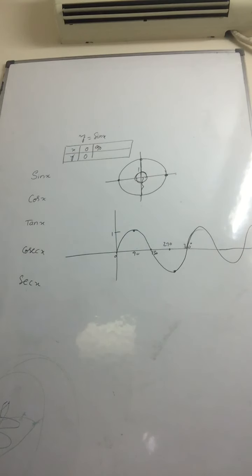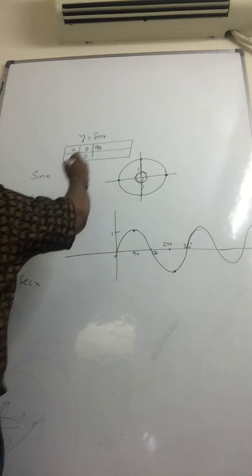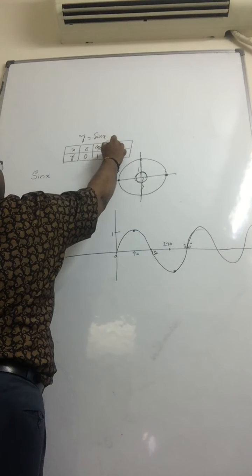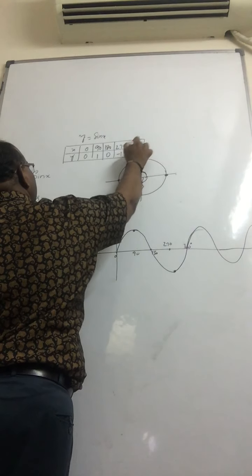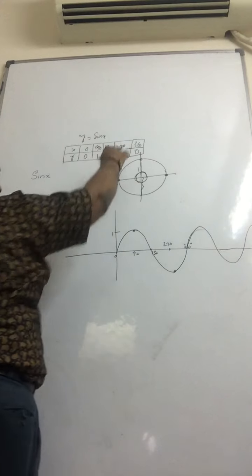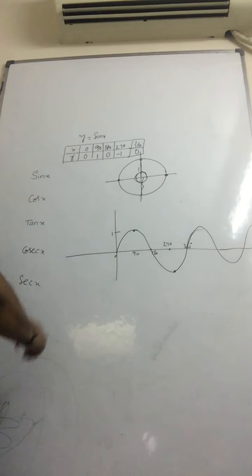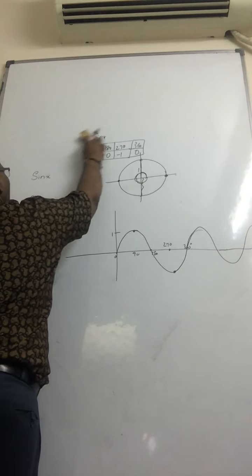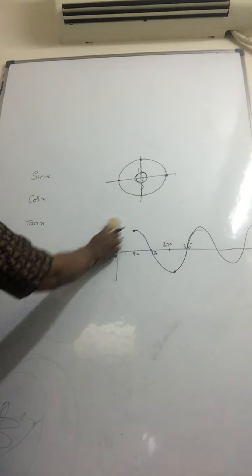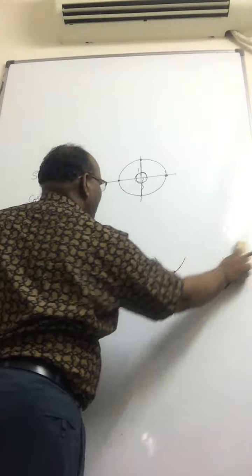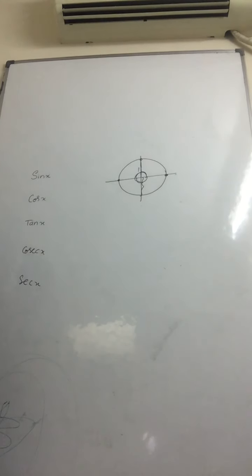Right? So now, here sin 90 is 1, for 180 it is 0, for 270 it is minus 1, and for 360 it is 0. So by considering a few x values, we will find the corresponding y values and we will draw the graph. Okay. How is the sine function defined? It is just the ordinate at that particular point for all angles in the unit circle. How is the cos function defined?